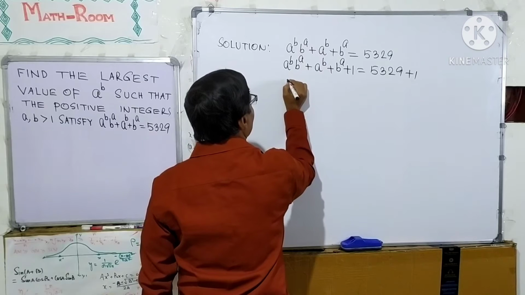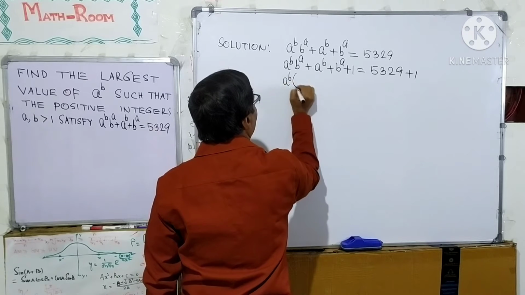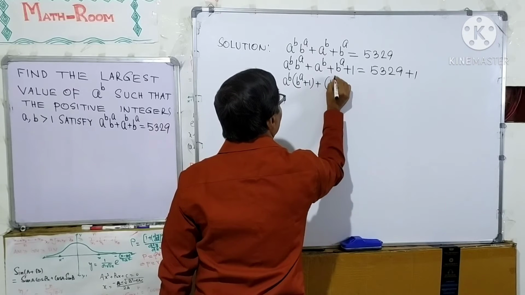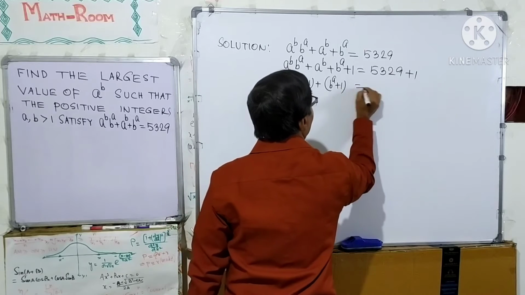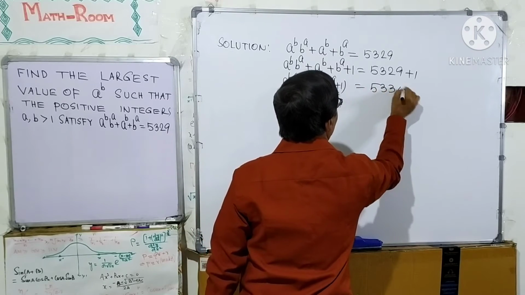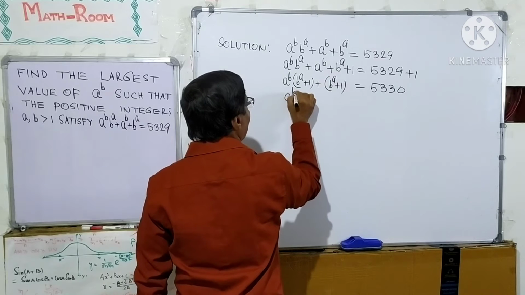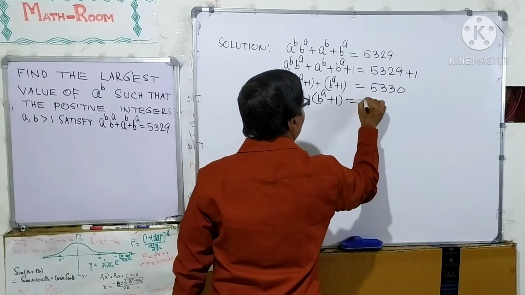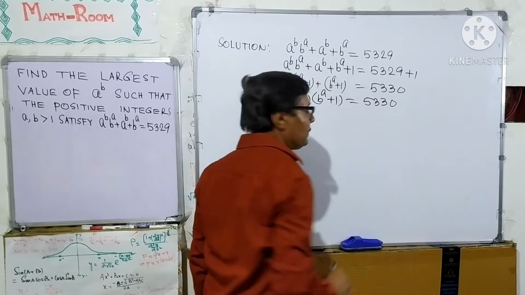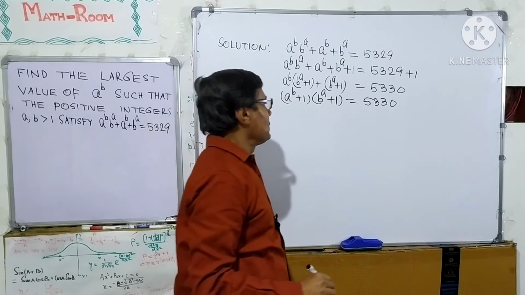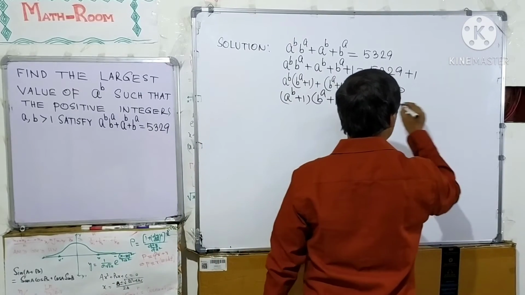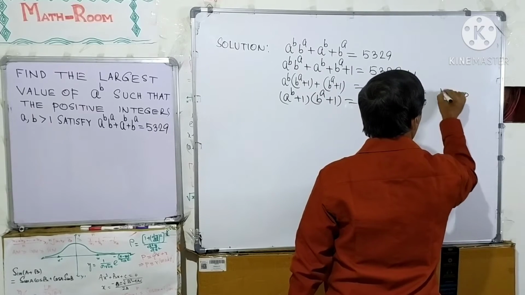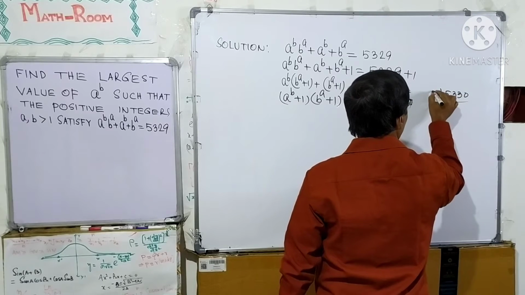After factorizing, a to the power b plus 1 times b to the power a plus 1 equal to 5330. We can also factorize the right hand side. The right hand side is the number 5330. We can divide this number by 2